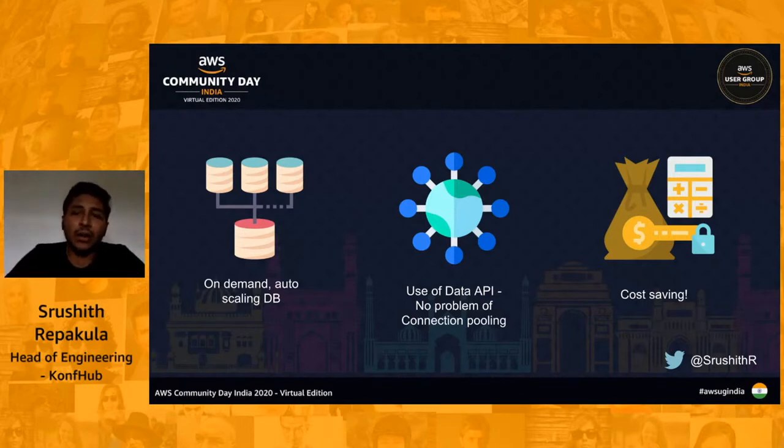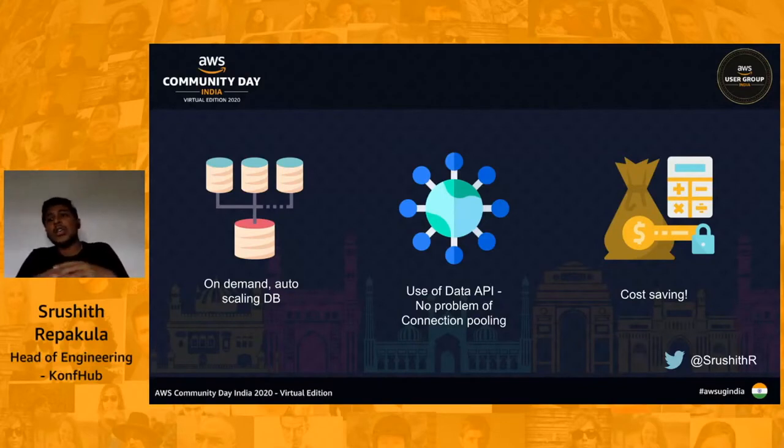Until a few years ago, one of the blocking points for building serverless applications was that Lambdas can scale beautifully, there's no problem, but my database is an RDS instance. There is a limit on the number of connections that can concurrently happen to my RDS instance, correct? Now, my Lambda functions can scale to infinity, but my database cannot. So it's sort of a bottleneck or a limitation sometimes.